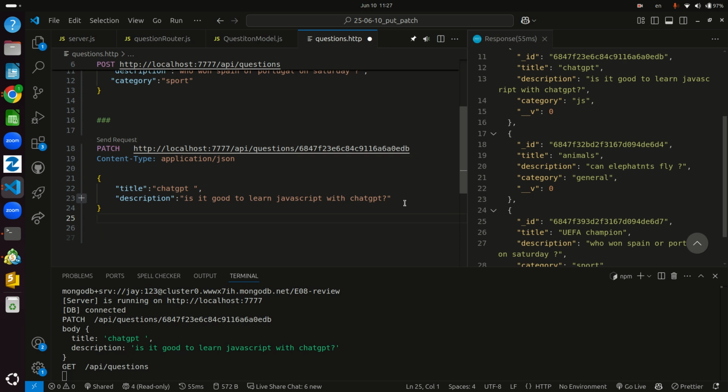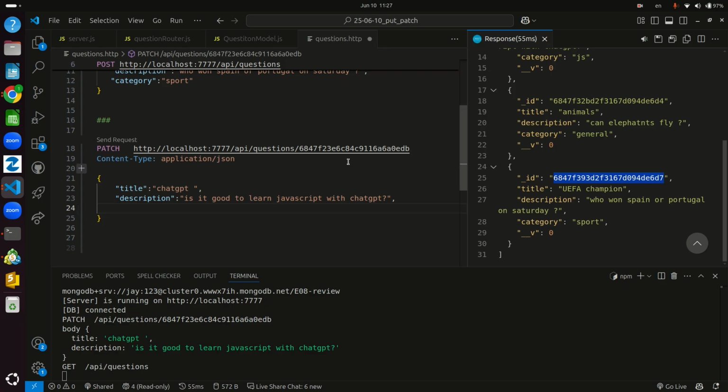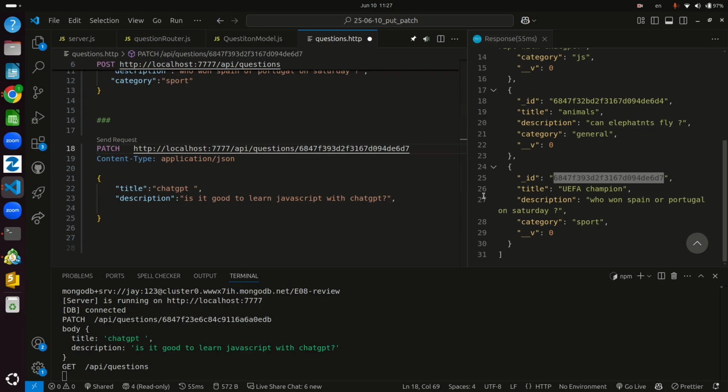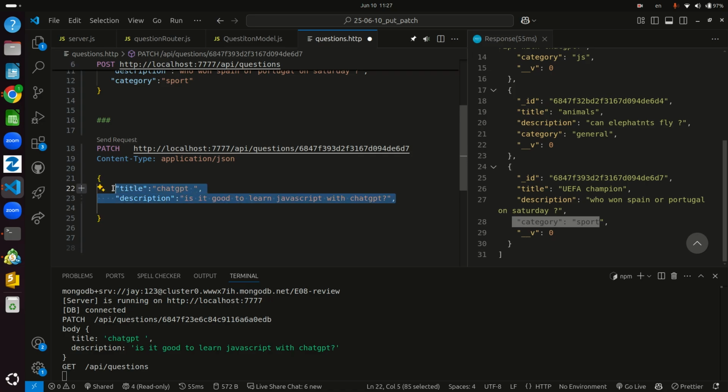Okay, I want to show you something else, and it's so important. I want to update, let's update this one. Now, the UEFA champions. I want to change the title to, I want to change only the category. I don't want to touch anything for that. Okay. So category. So I want to use the category